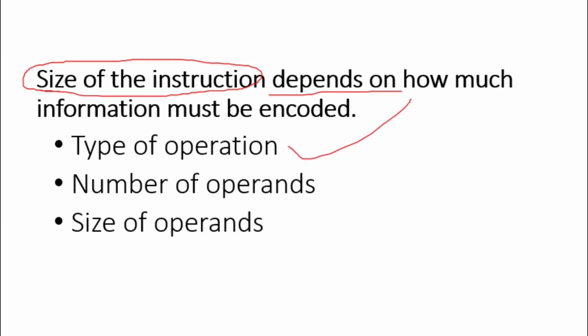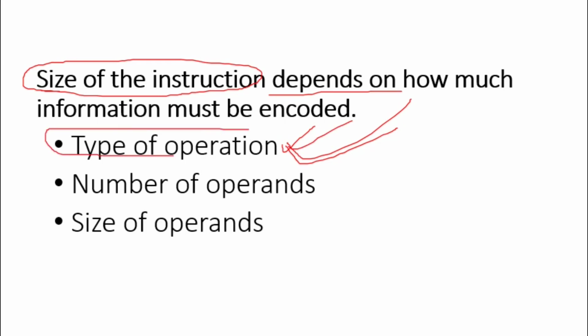We know that every operation has an opcode or operational code. Even though most processors try to manage a single size of operation code for every operation, for example 1 byte, so every operational code must be 1 byte, there are a few processors where the operational code for different operations varies. The size of the operation code for different operations varies.